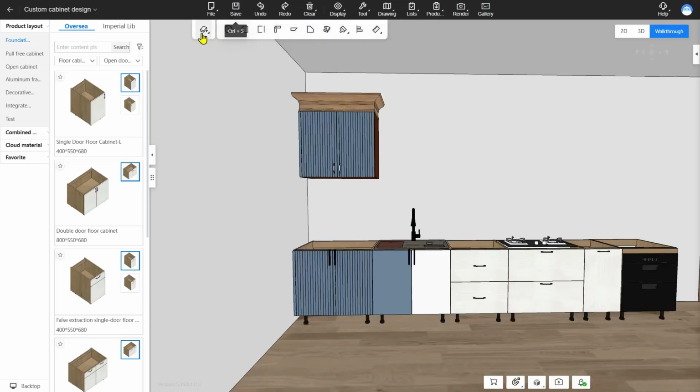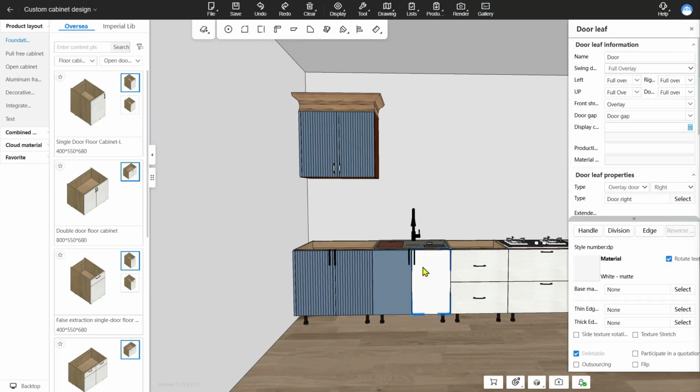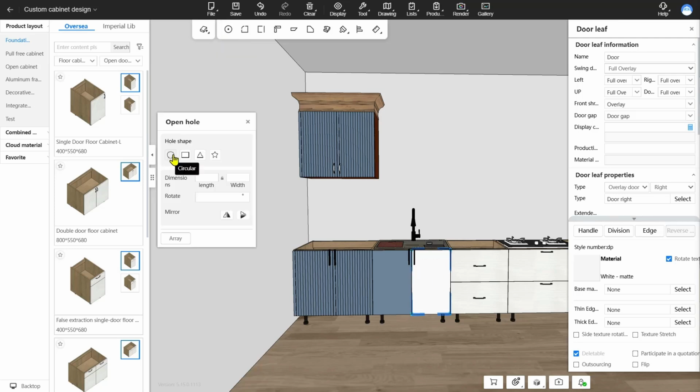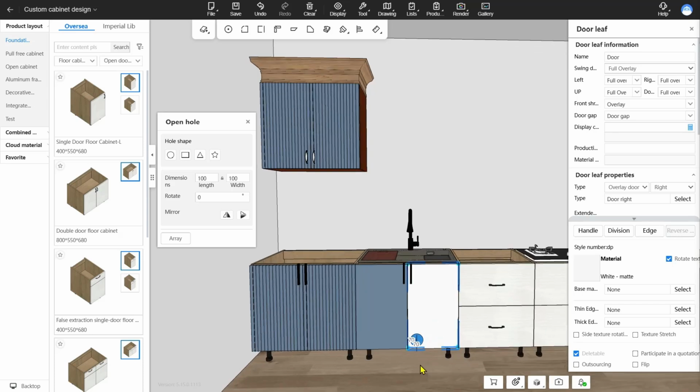Next, we are going to talk about the top wide menu functions for the panel. Here you can see there are many shapes that you can make on the panel. Like now, I select this door panel and come here, this open hole. Select what type of hole shape you want. Like for this circle one, then you can see at this panel there will be a circle here. You can change these 2 values to change its position. Also change its dimension,